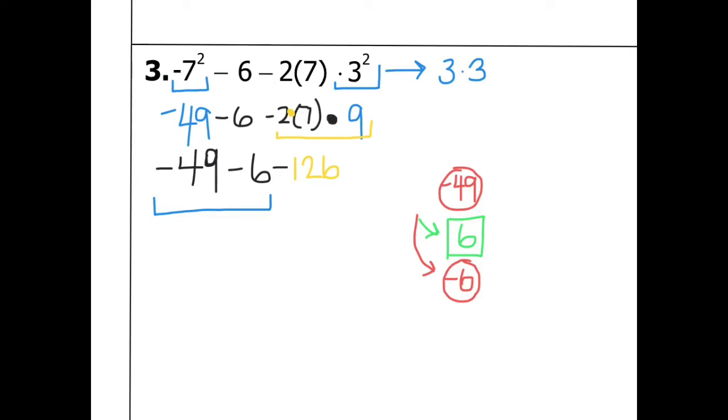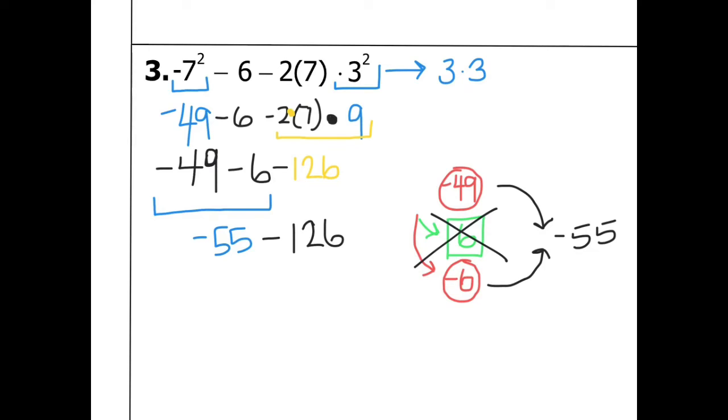Okay? And now when I go back to my problem, it says start with negative 49 and then take away 6 positives. So I'm going to take away those 6 positives. What I have left is adding up my negative 49 and my negative 6 to be negative 55. Okay? Together I have 55 negatives. So I'm going to label this negative 55. The last thing I have to do then